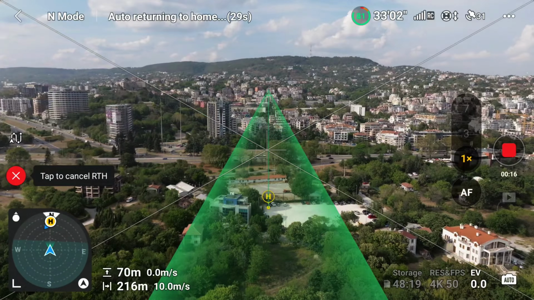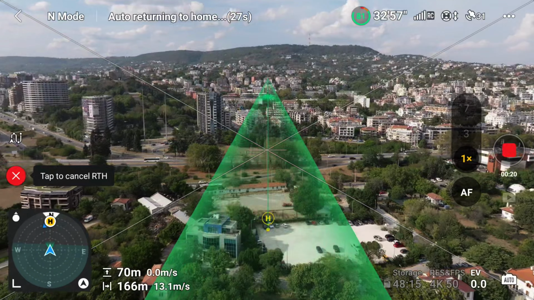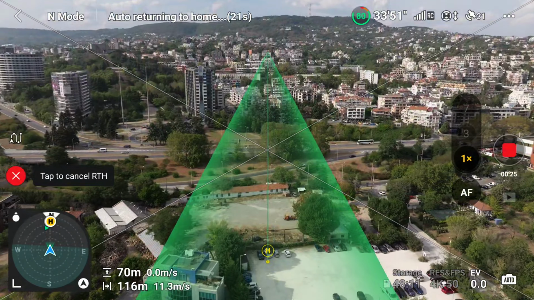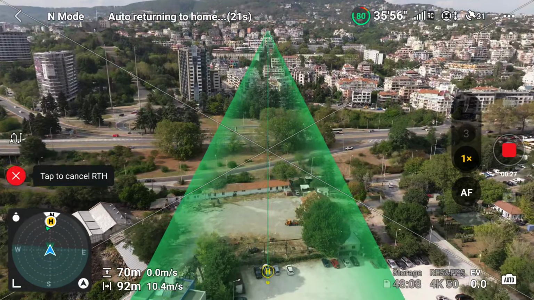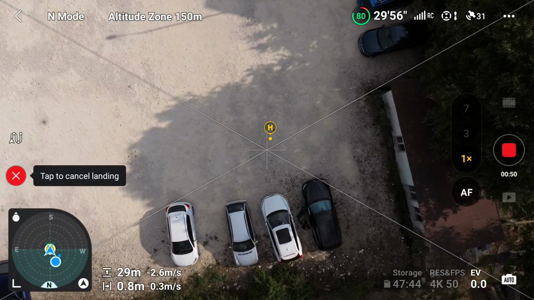So now you can take advantage of looking at the map to see where you are compared to the drone. You can also take a look at the screen directly so you can see the H, so you know where you are exactly. And finally, from this new AR feature, we have AR Aircraft Shadow, which is again augmented reality in action,